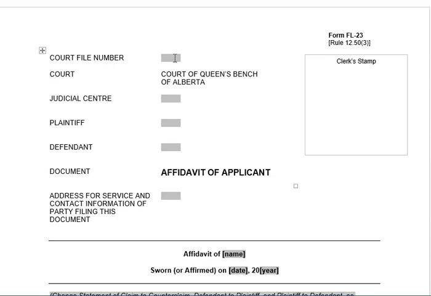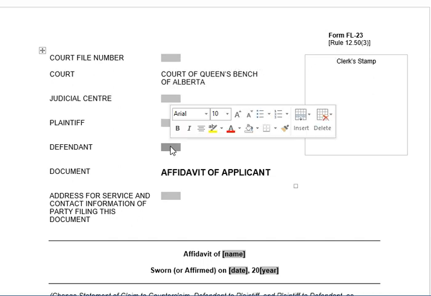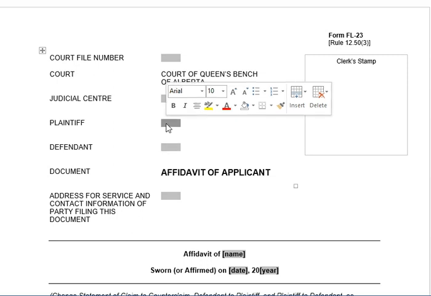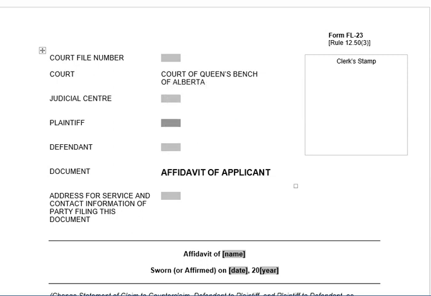Again, court file number, you're going to fill that out, which is 4801- whatever your number is. Judicial center is going to be wherever you are submitting, the city you're submitting your application in. Plaintiff and defendant's name, again, you want to put in your full names. Make sure that they match every other document that you're submitting, as well as the marriage certificate. If you made a mistake and you've submitted a statement of claim and then you got your marriage certificate and they don't match, please leave a comment below and I will let you know the documents you need to fill out